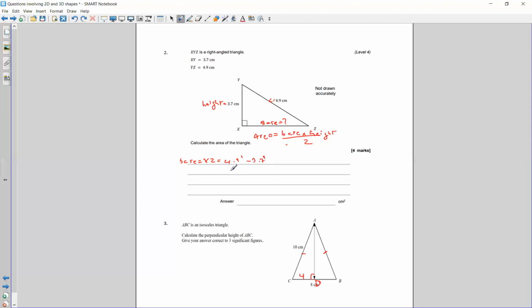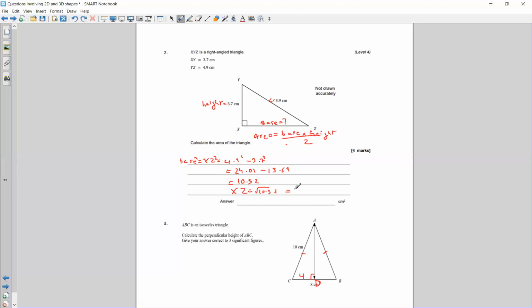Sorry, I am working out base squared, isn't it? So that would have given you 24.01 minus 13.69, because 4.9 squared is 24.01 and 3.7 squared is 13.69. That would have given you 10.32. And in order to work out xz, you would have got the square root of 10.32,